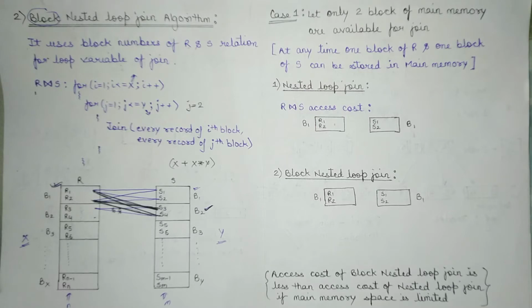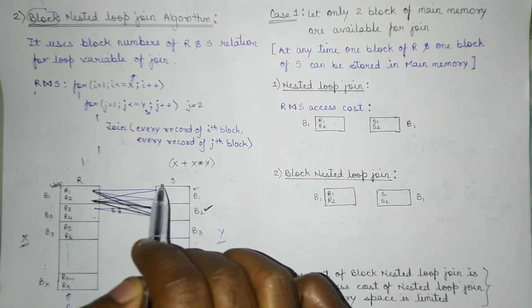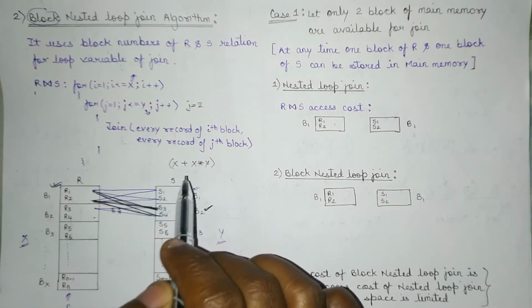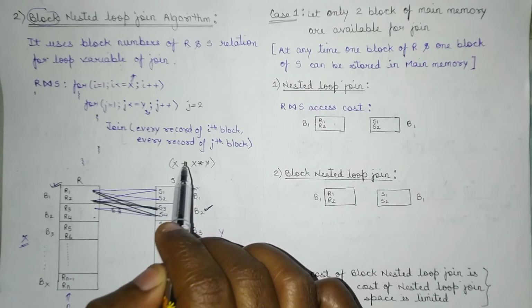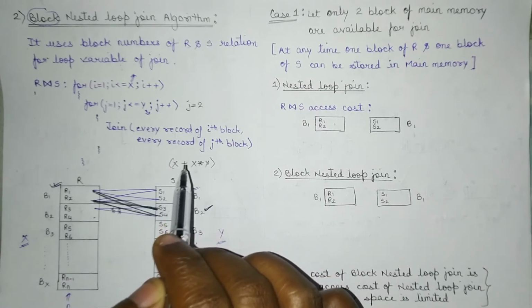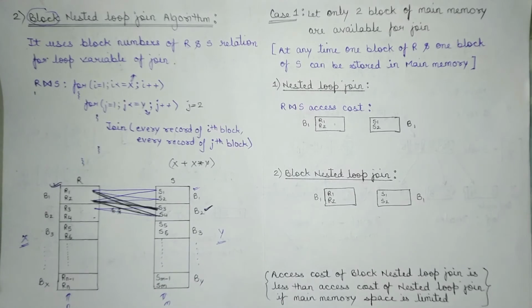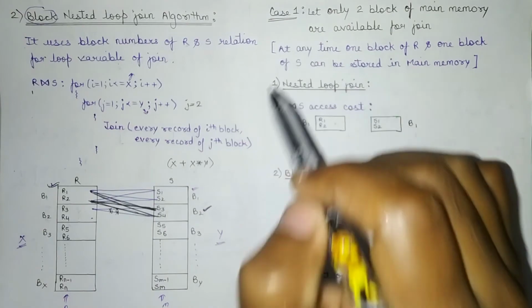These test cases you can consider as a question, because in actual GATE questions what they will do is give you the values of n, m, x and y, and on the basis of these values you have to find the access cost using the equations. Then you put the values in these equations to get a value, and you have to answer that value. These kinds of questions can be asked as multiple objective, and they can also be asked as numerical type questions, right? So let us consider case 1.